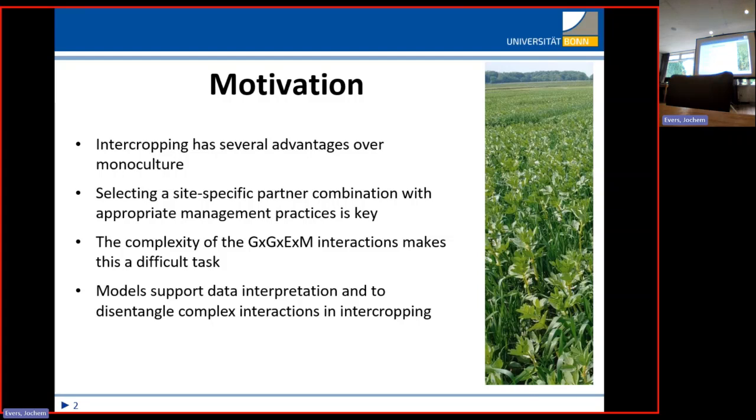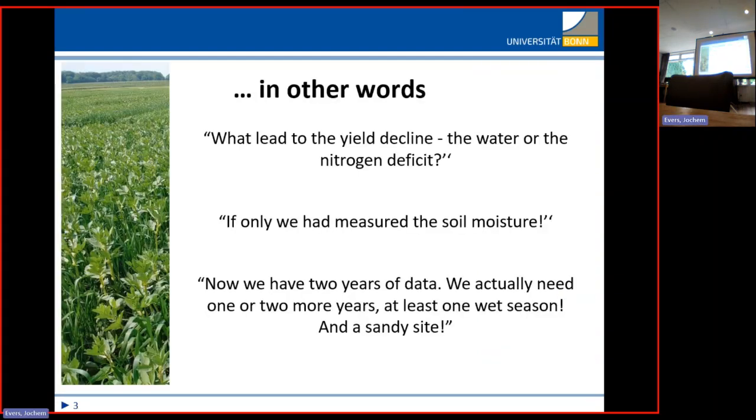And so models can help us to interpret the data we have, but they also can help us to better understand what is happening in the field, and they can also help us to look a bit beyond what we find in the experiment. And I have the motivation phrased a bit differently, because this is how we usually say it